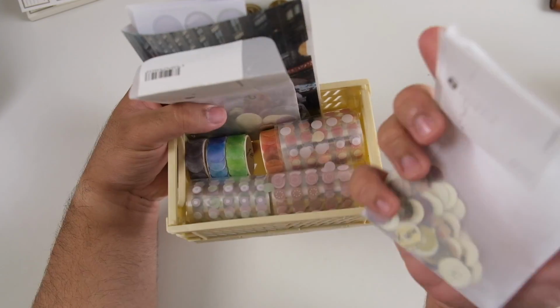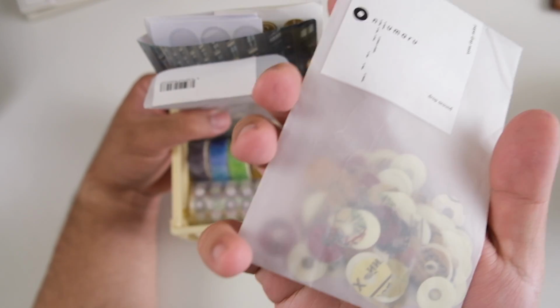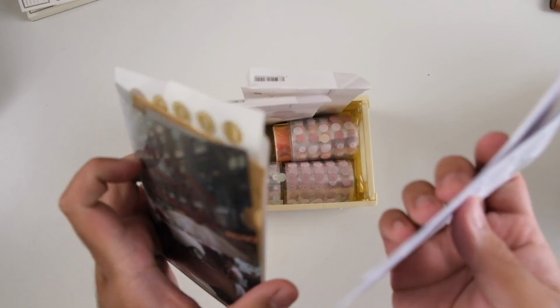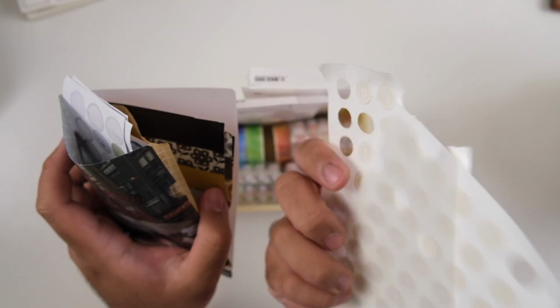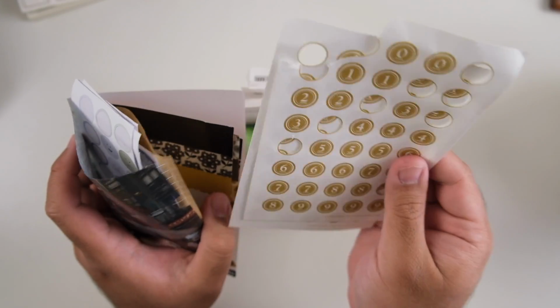And then I have the donut stickers from Classic-y. It's just a bigger dot sticker, but obviously there's a hole cut out. And then I just have some miscellaneous dots. These aren't really dot stickers, these are face emoji stickers, but they're still circular, so they go in here. I have some number stickers in here, and these aren't actually stickers, these are seals. So they're actually gummed at the back, so you just need to activate it with water,